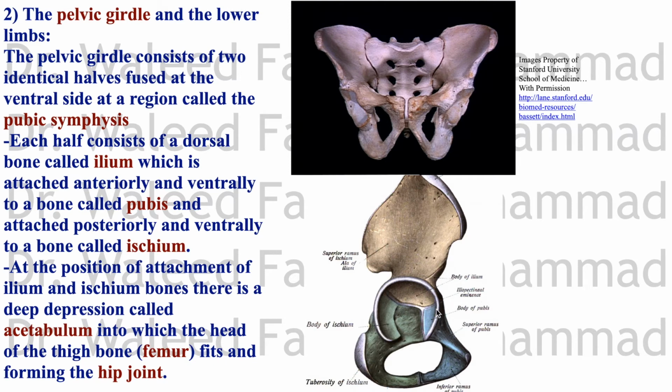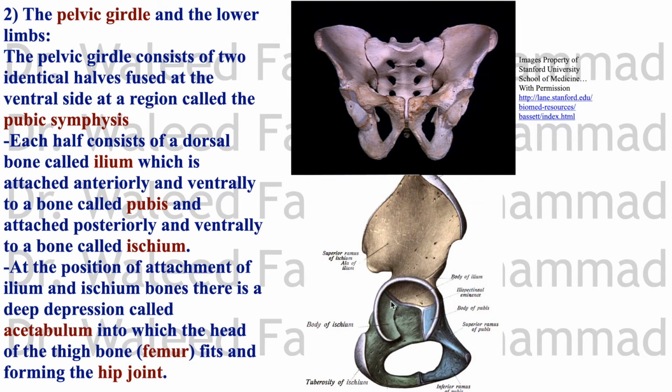Do you know what acetabulum means? In Latin, acetic acid means vinegar acid. Acetabulum means a vinegar vessel, the wooden dishes in which they used to hold vinegar in the old days. So these three bones meet in the acetabulum. The acetabulum is for articulating with the head of the femur. Femur means thigh, the thigh bone. So here is the hip joint formed between the acetabulum and the head of the femur, to form the